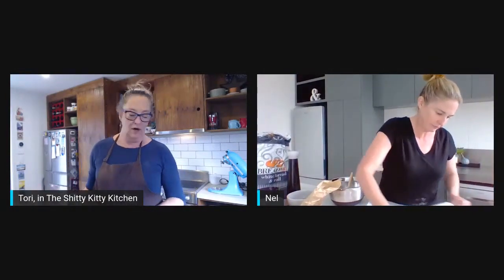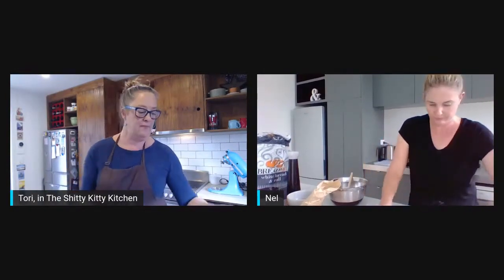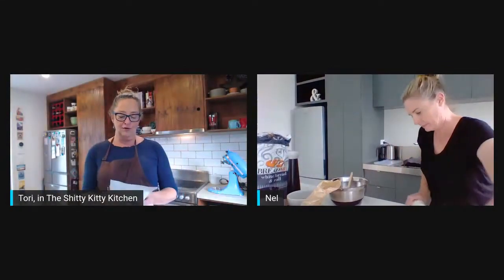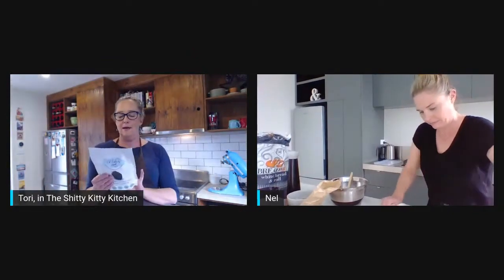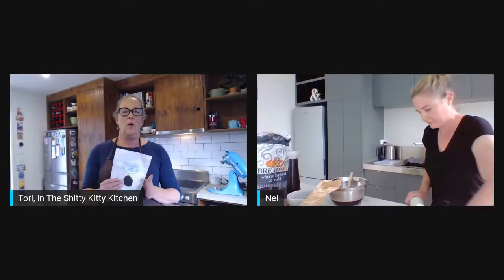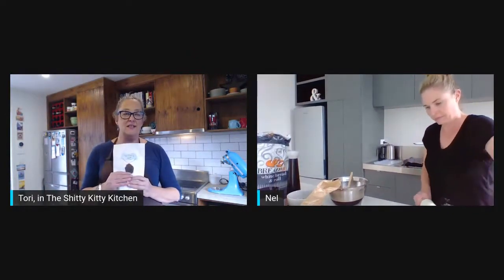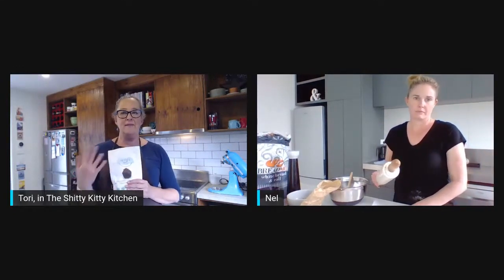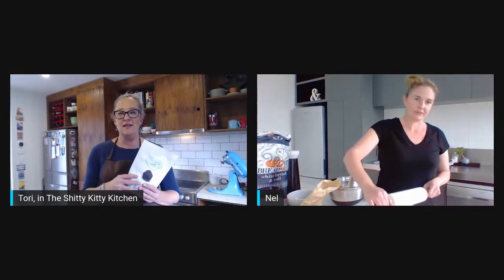My rolling pin. Brought it from home. Okay, well, I'm going to start getting my chocolate cupcake mix at least happening. I can't cook them until the bread's done. In a way, I probably should have made these first, and then when they were cooling, made the bread, and then when they were cooled, I could have iced them. So in hindsight,